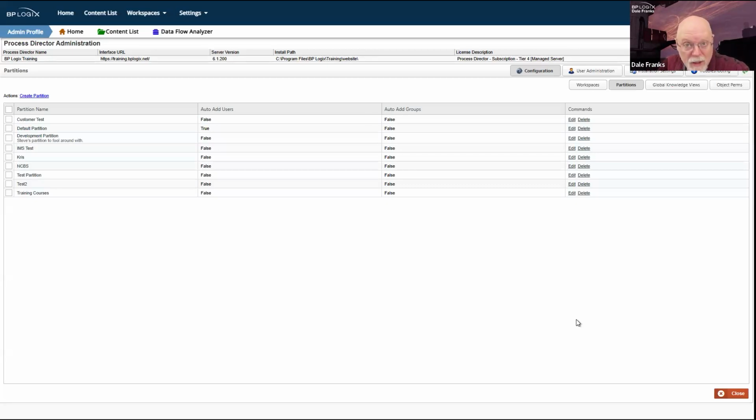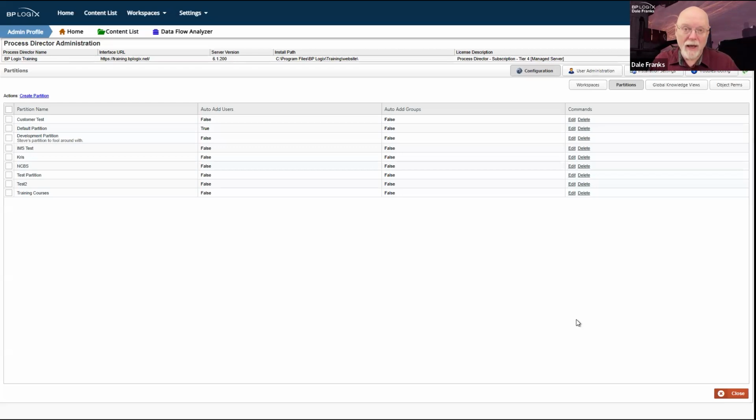There are some cases where you might need multiple partitions. For example, if you are a parent company and you have two subsidiaries who are kind of independent, but you want to manage the processes of both of those subsidiaries at the enterprise level, then I might have a partition for company one and a partition for company two, and manage them both separately.